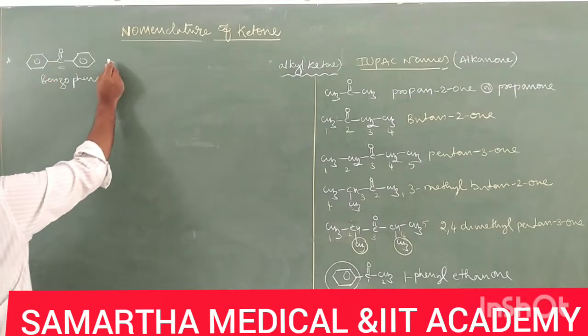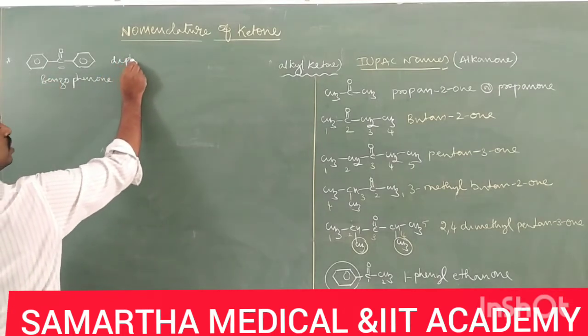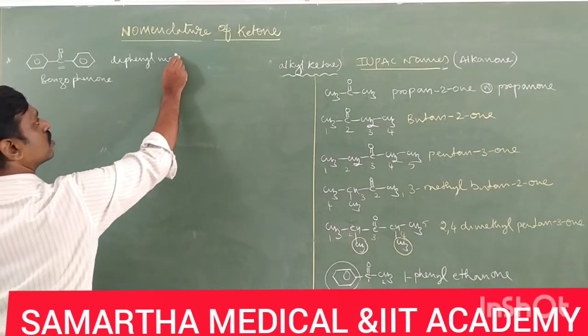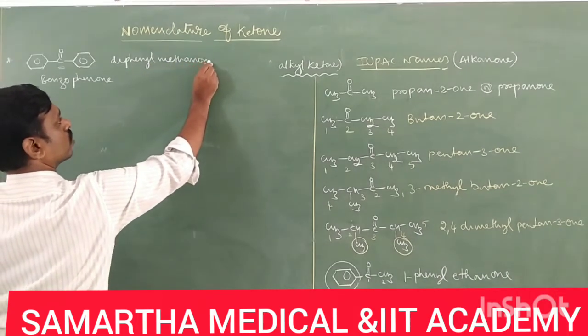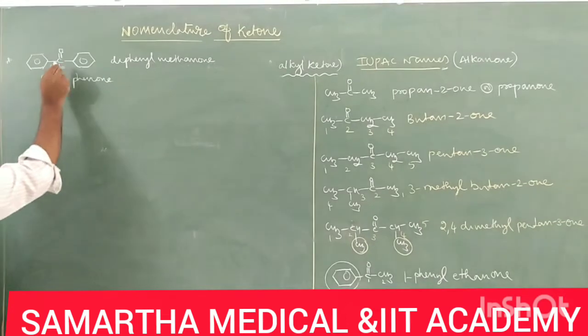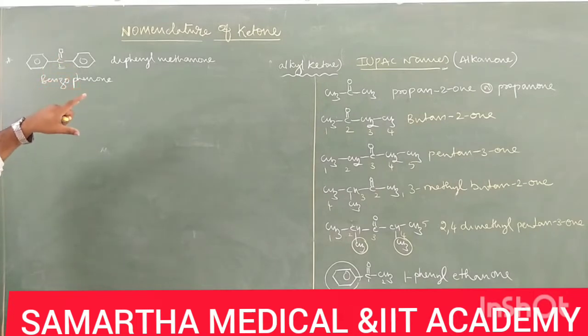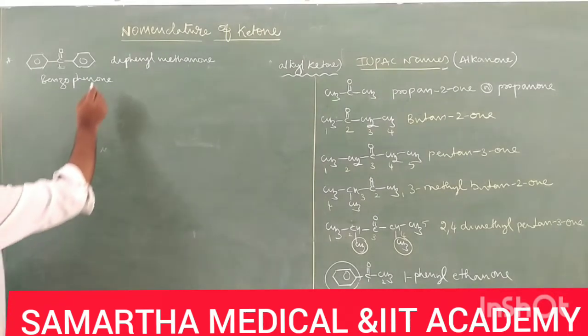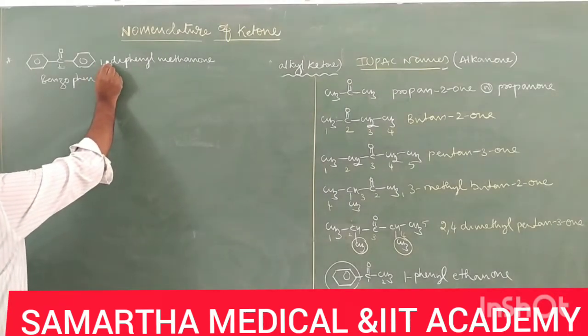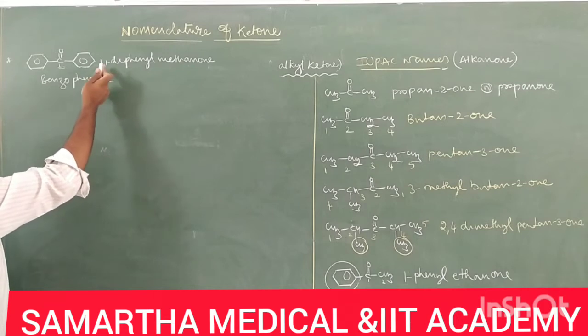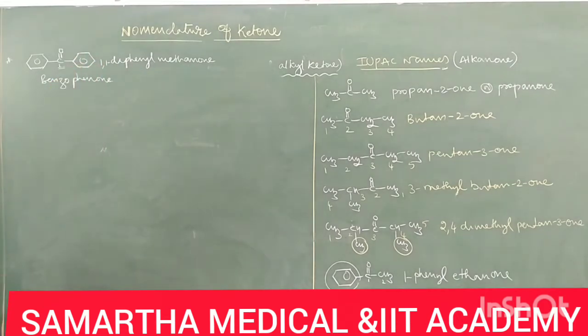There is only 1 carbon. So therefore, important, diphenyl methanone. You need not write 1,1-diphenyl because there is only 1 carbon. If I write diphenyl, the 2 phenyl rings must be present on only this carbon. So you need not write 1,1-di. If you write 1,1-di also, nothing wrong. 1,1-diphenyl methanone is the IUPAC name of benzophenone. Next, one more example.